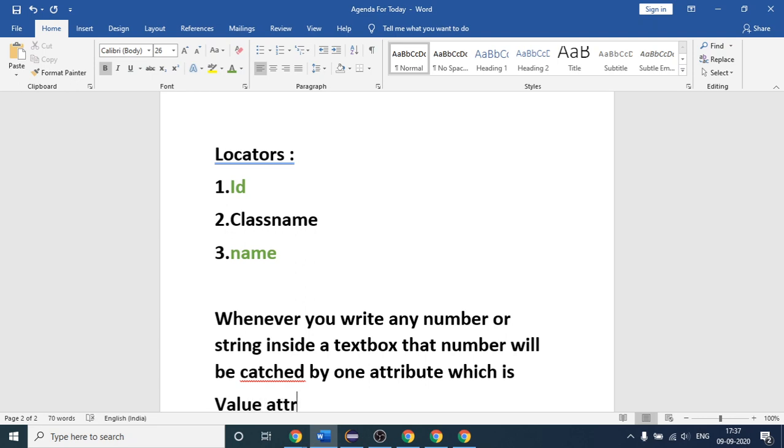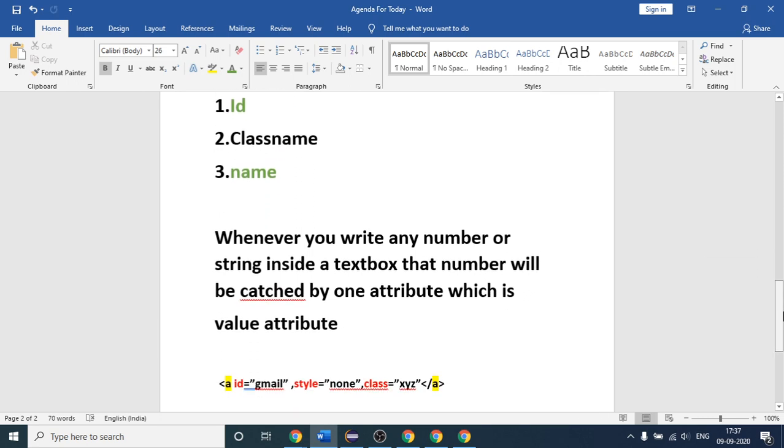When you are writing, v is small, okay, value attribute. So this is the attribute. When you enter any number, that number will be automatically cached in this attribute, which is value.